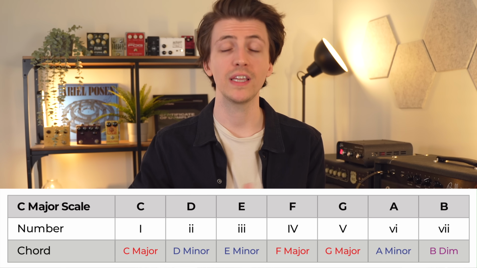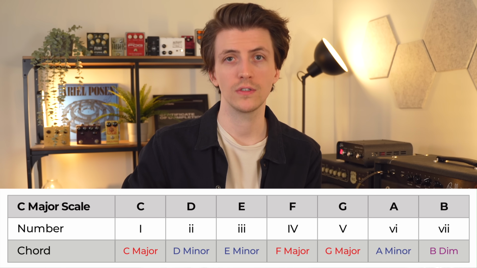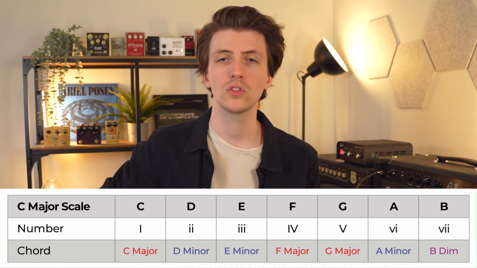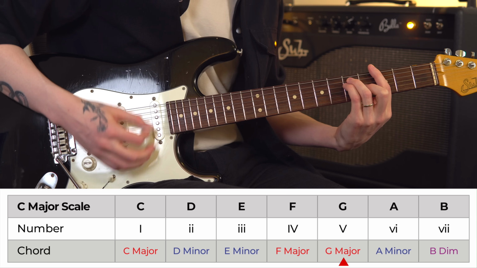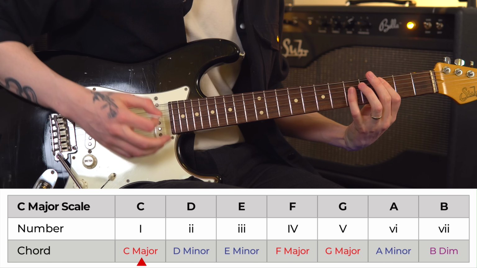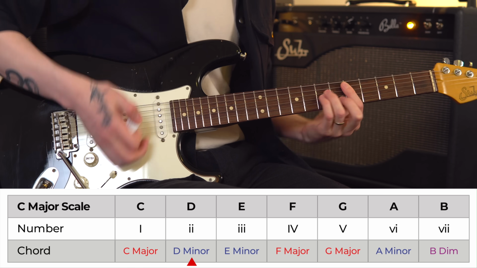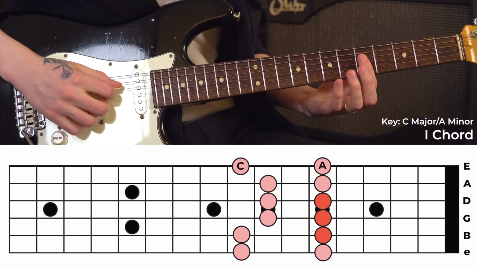So in our key of C major / A minor, we have 7 chords that are naturally occurring within the key, chords we call diatonic chords. And these chords are all going to sound good together. So chords like F major, G major, A minor, C major, D minor. Those all sound nice because they're all from the same key. And with our basic understanding of CAGED, we're going to be able to play all 7 of those chords inside of this pentatonic scale shape. So chord number 1, our C major, the shape is going to look like this,